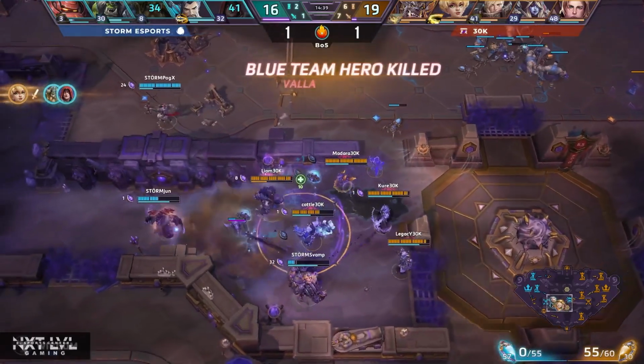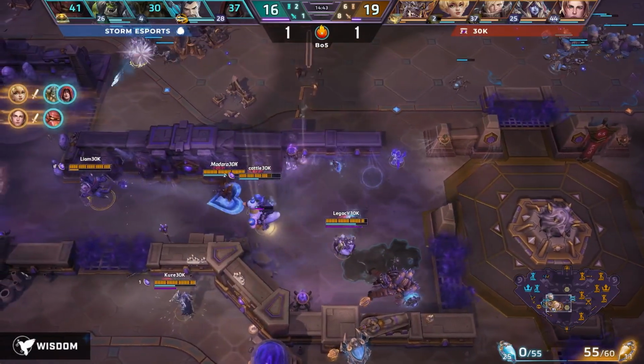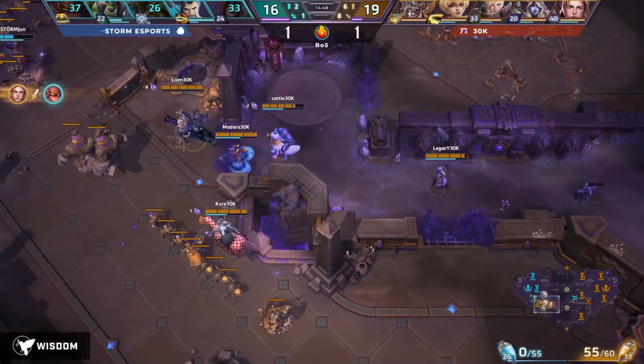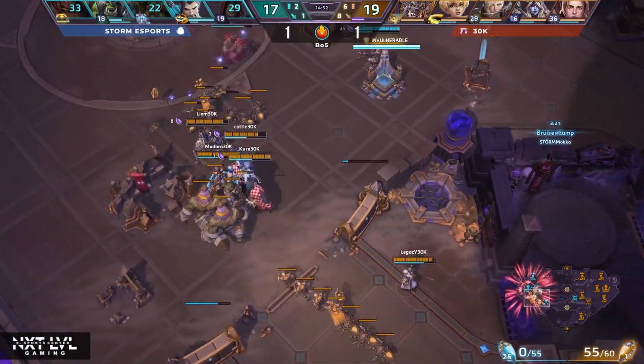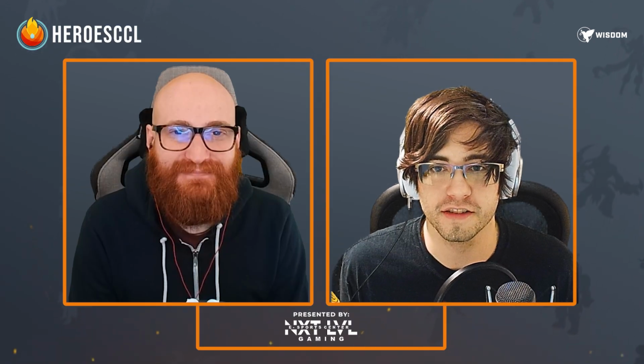Storm just basically getting completely ran down at that point. It was a nice pick onto Lauber, who had no real cooldowns available. Storm desperate for a turn in, and 30K punishes. And even before level 20 here, they get the 3 kills and they instantly go for core, which was something that was really nice to see from 30K,